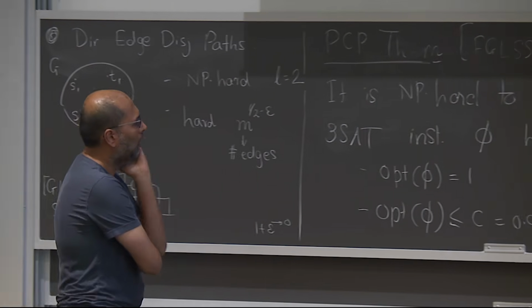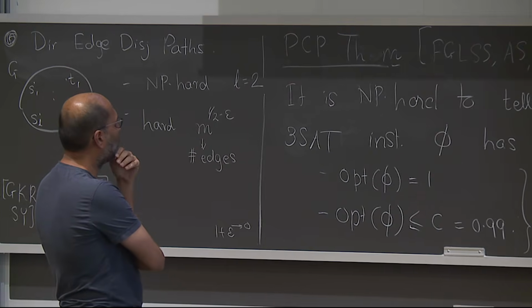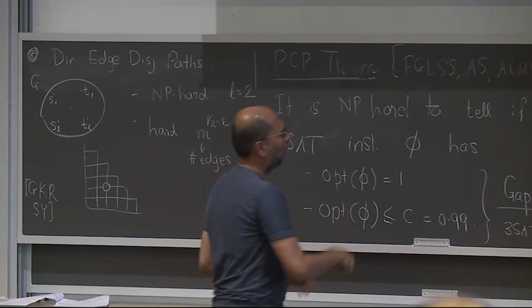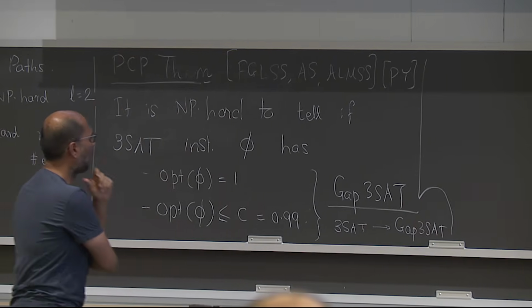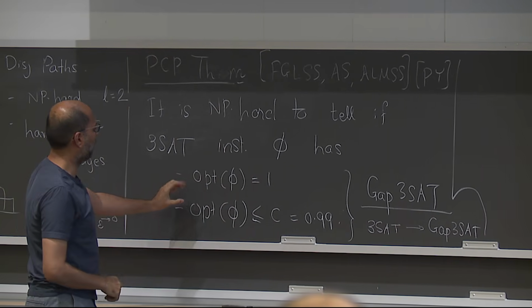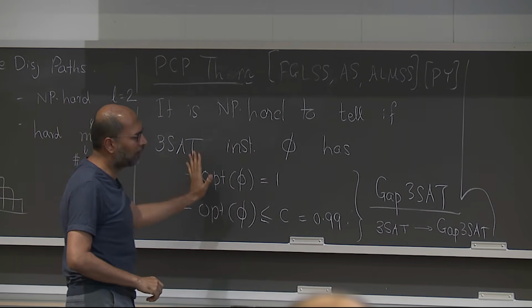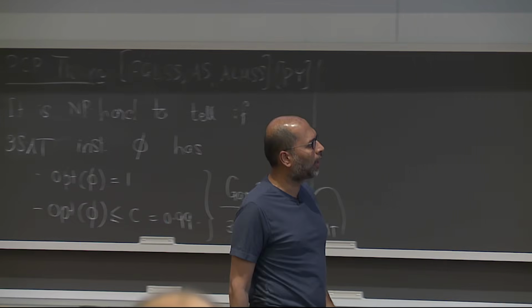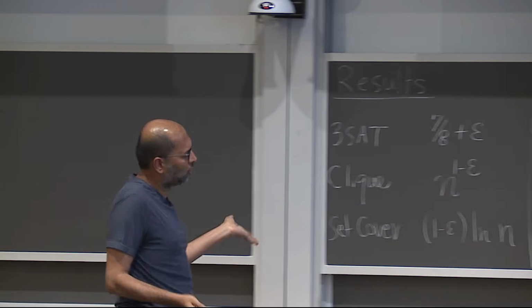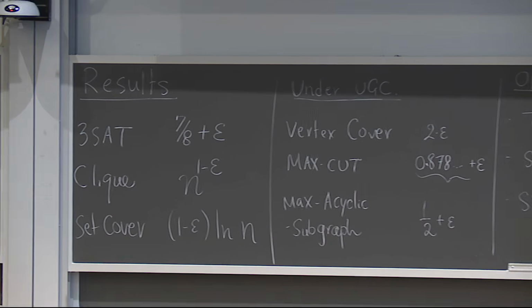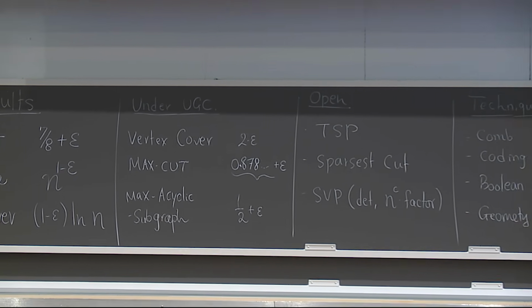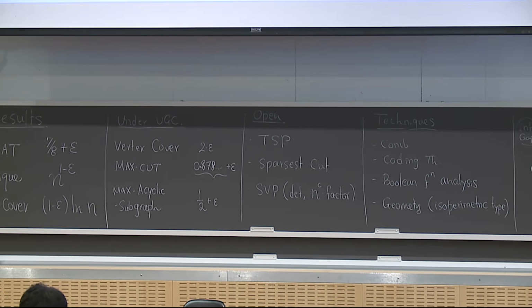However, once you know the PCP theorem, it follows, and this was already pointed out in a paper of Papadimitriou and Yannakakis, that once you have some mild hardness result for 3-SAT, you automatically also have a mild hardness result, what's called an APX-hardness result, for all these problems. Okay. So now the PCP theorem brought us out of the dark ages, and there was light.